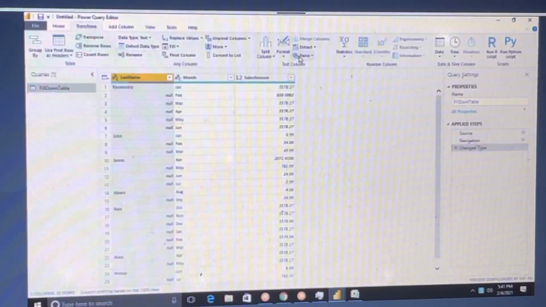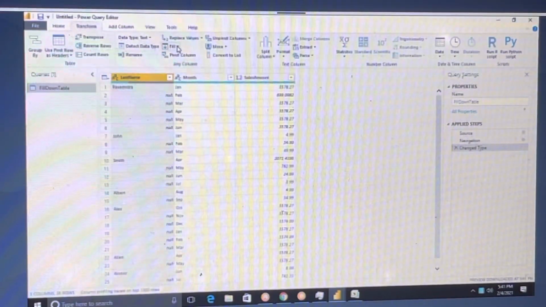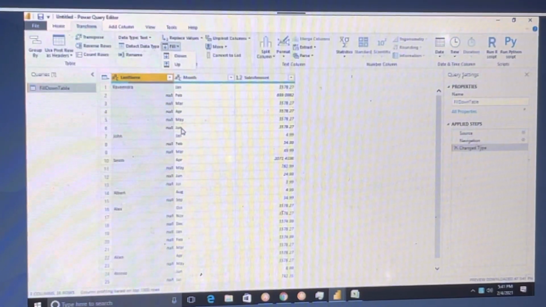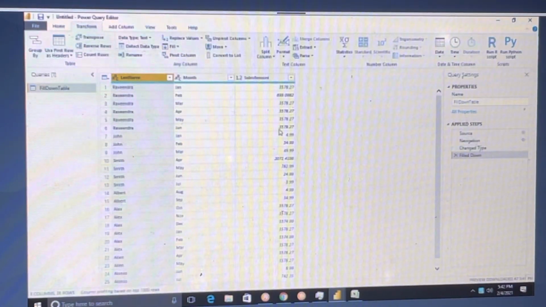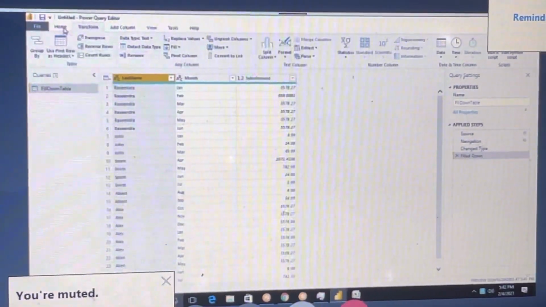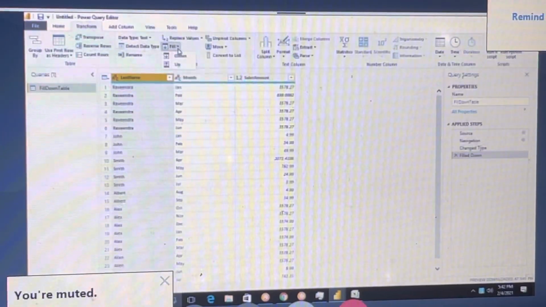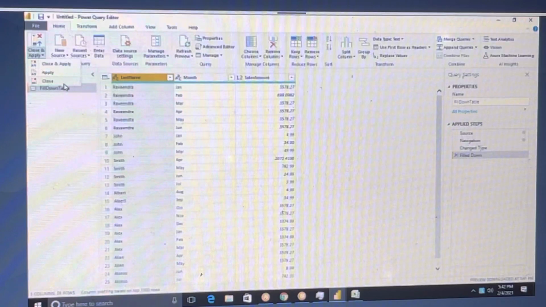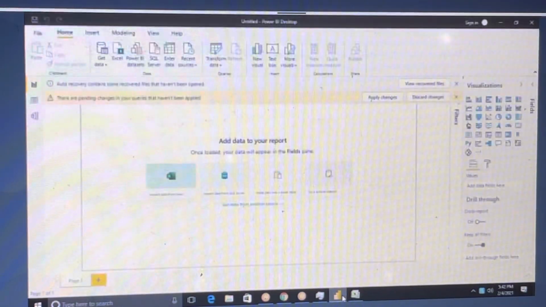You can see that option. See here in transform we have the fill. Fill up or down, so I want it down. See, Ravindra has to come till June, till June 3578. So observe here, just down. See 3578 in June Ravindra, like that. Automatically the data is getting filled like this, right? Go to transform data, there is a fill option, just click on down. Automatically the rest of the rows fill with the same name. Let me close, I don't want to save it.